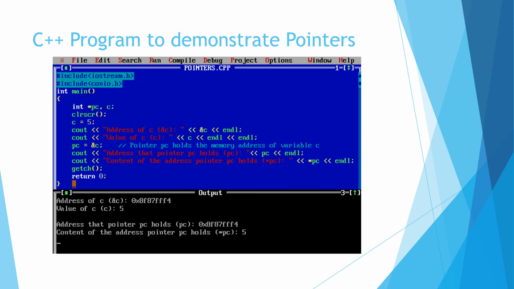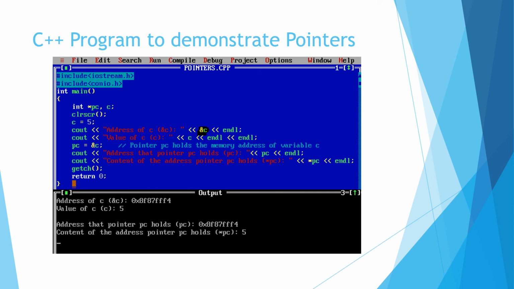Let's say pc is going to hold the address of my variable c, so its data type would be int. Now say c is equal to 5 has been initialized. When I write address of c, that is ampersand of c, that means it will print the address or memory location of variable c.